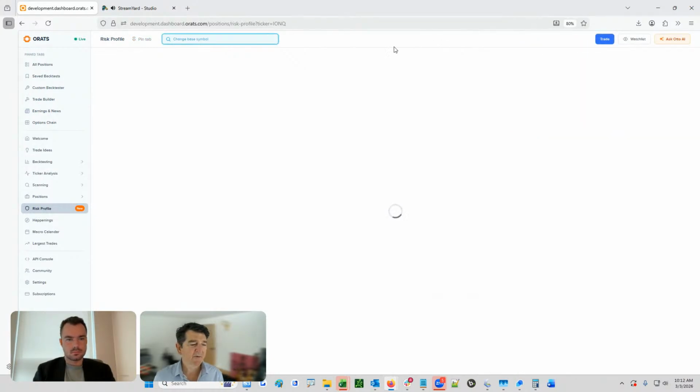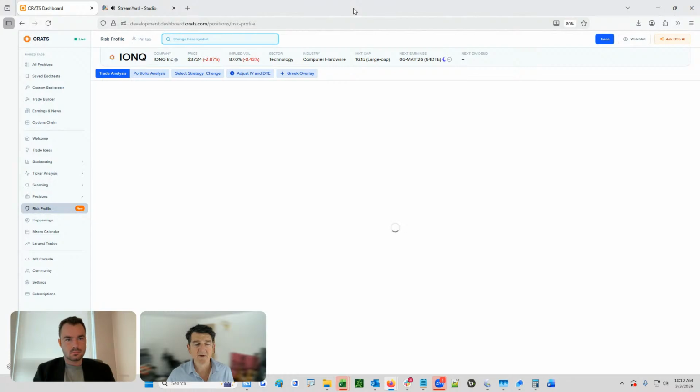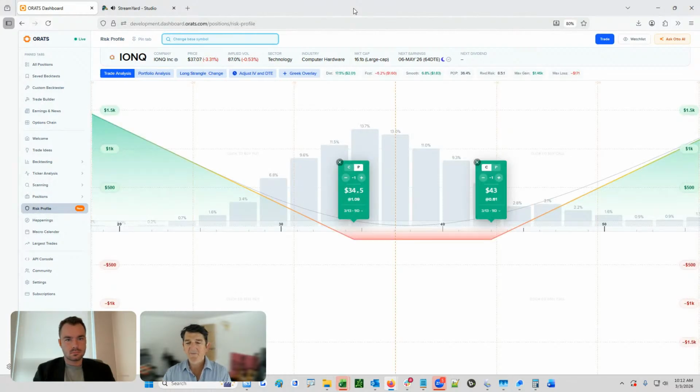And so the risk profile page is a new page that we have that shows the trade in a lot more detail. So we could see, okay, well, we have 10 days on this trade, expire, or 9 days, and we could see where the break-even points are and where the stock is now. So it doesn't have as much detail as we did before, but we do have